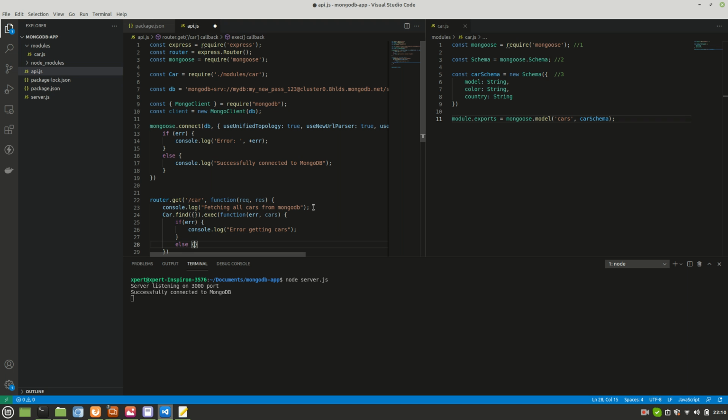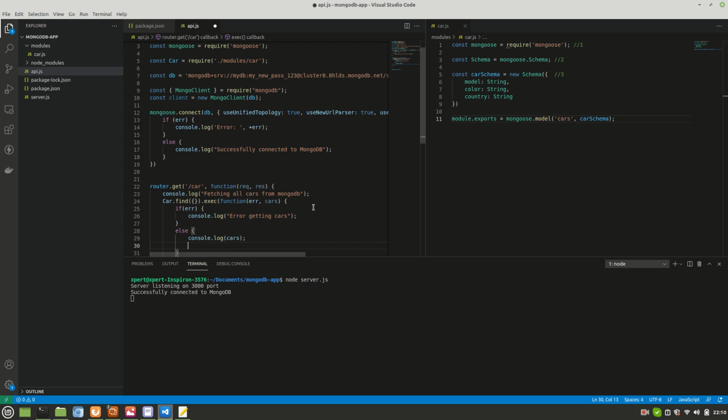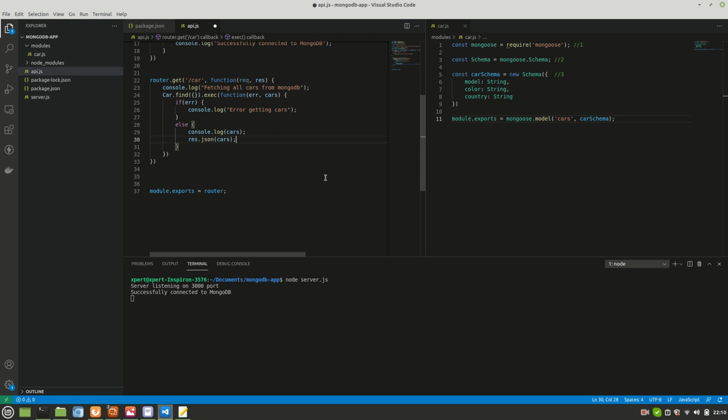Or else we'll log this cars object, and we'll send the same as a response also. This we can see on the browser or the Postman, whatever you are using, the same will be sent as a response as well. Done. I'll save the code.